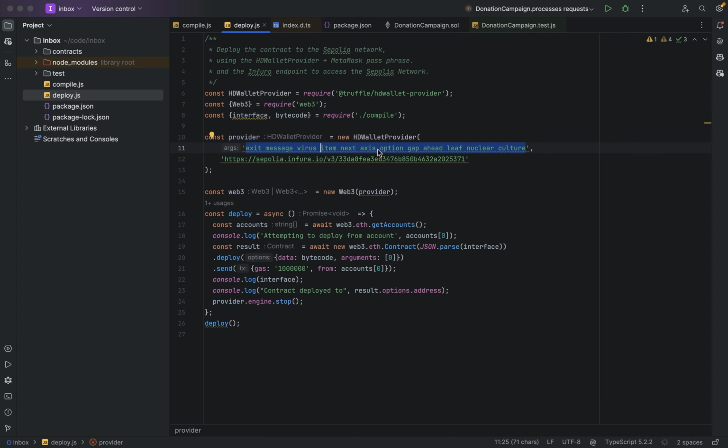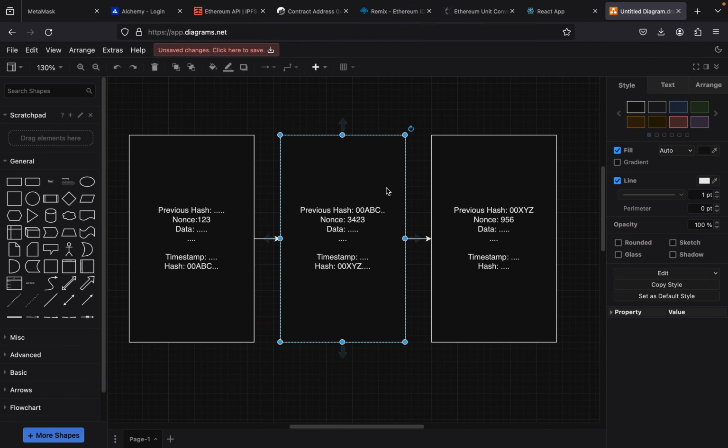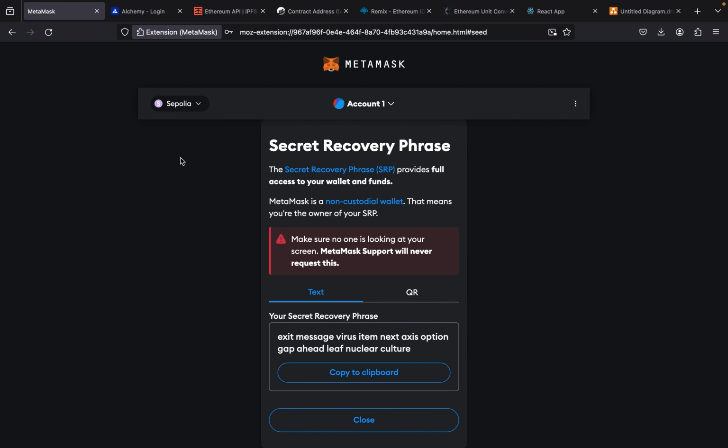So next is how do we get this 12-word mnemonic or the test account? For that, I have installed MetaMask. Once you install MetaMask, you need to enable show test networks. And from here on, you can select one of the test networks. I'm using Sepolia here. And to seed my account, I have used the Alchemy service to receive 0.5 Sepolia ETH